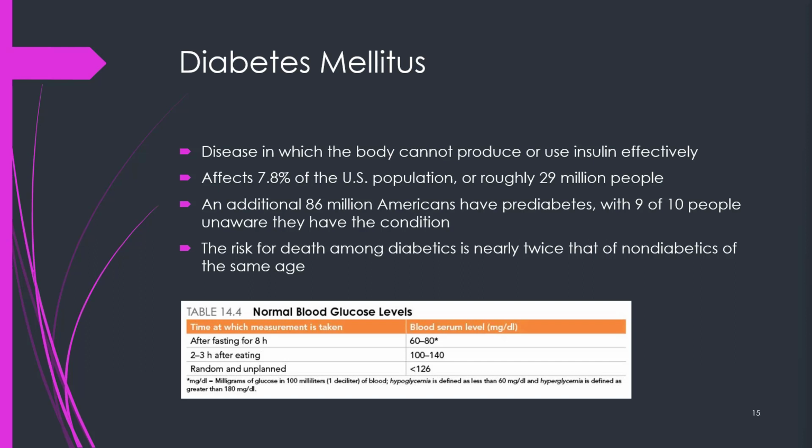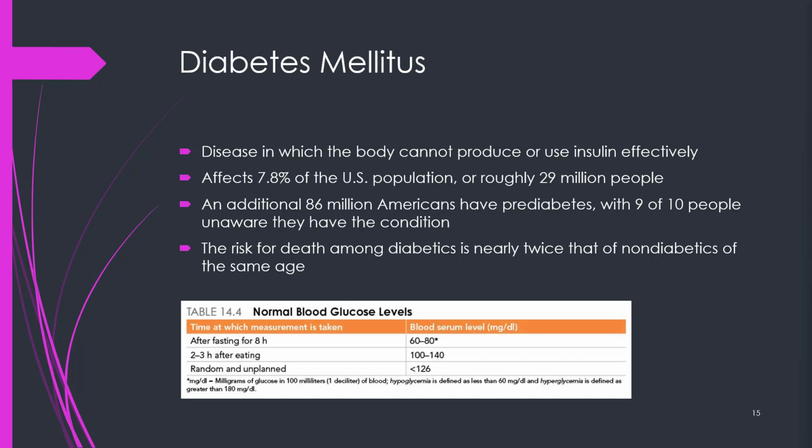Diabetes is a chronic, long-lasting health condition that affects how your body turns food into energy. Most of the food you eat is broken down into sugar, called glucose, and released into your bloodstream. When your blood sugar goes up, it signals your pancreas to release insulin. Insulin acts like a key to let the blood sugar into your body's cells for use as energy. If an individual has diabetes, their body either does not make enough insulin or cannot use the insulin it makes as well as it should.